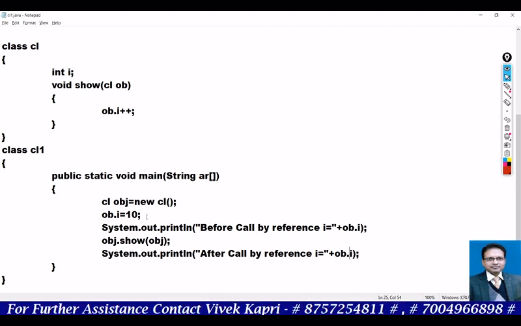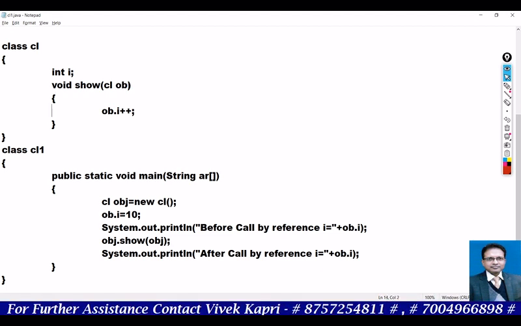Clear? Initially what happens, let's discuss first. Here ob.I equal to 10, so it will just print; we are not calling any function, so it will print ob.I as 10. Here we have passed obj, and this obj has been assigned to the reference variable ob, so ob and obj will refer to the same object.